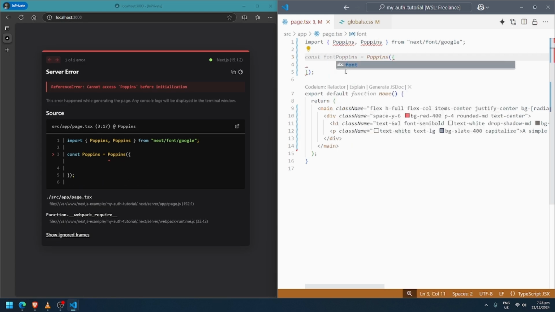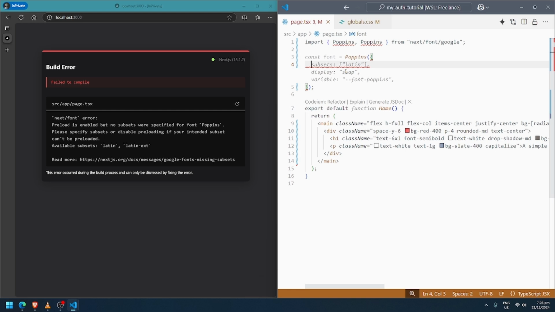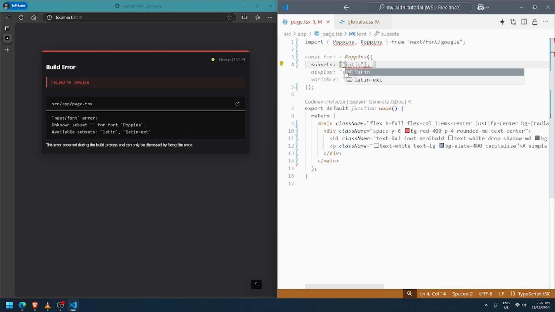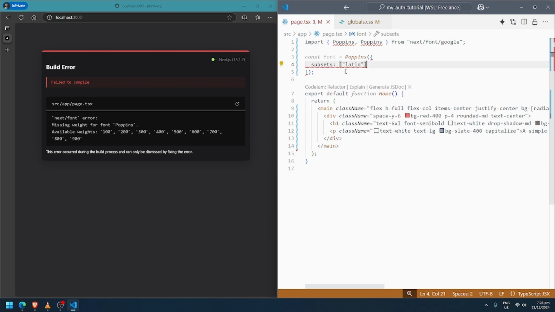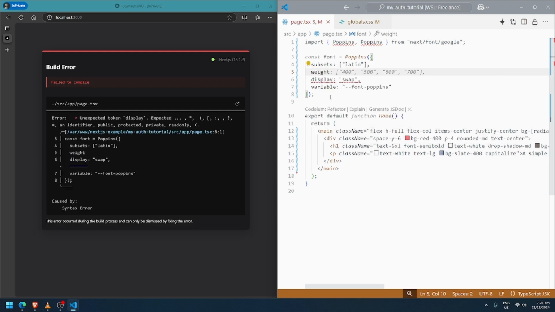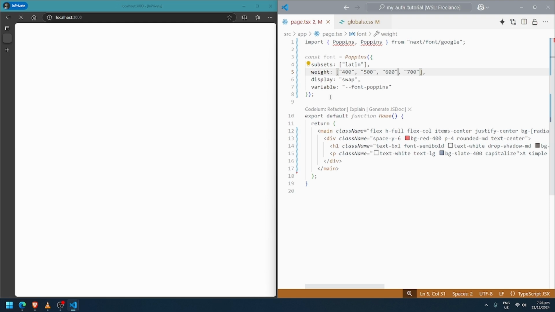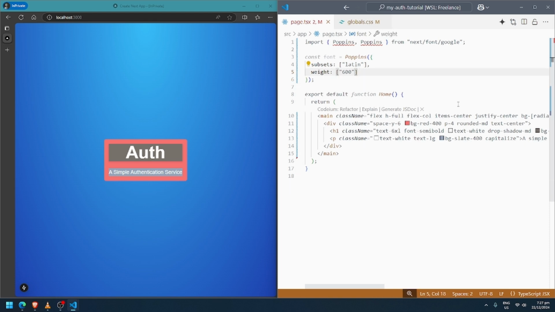Let's change this to font, and let's use that subsets Latin. Let's add a weight here. Weight, let's keep the 600, and let's remove this for now.